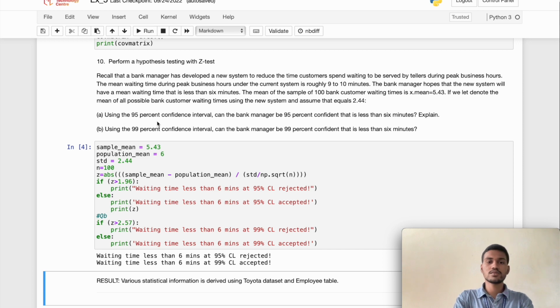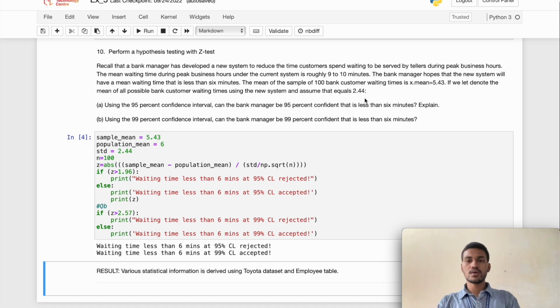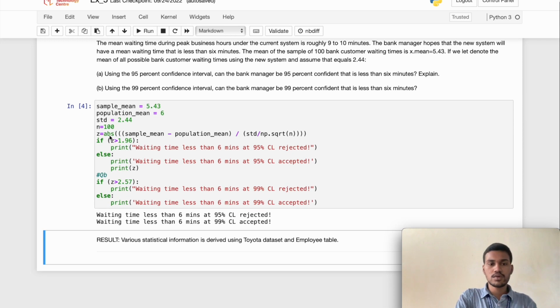The first one is, at a 95% interval, can the bank manager be 95% confident that his waiting time is less than 6 minutes. Basically the problem says that the current system in a bank has tellers who serve customers in 9 to 10 minutes, but a new system is implemented by the bank manager which he claims can reduce the time to less than 6 minutes. So over here he has given the mean of the new system and the waiting times, and using that we find the